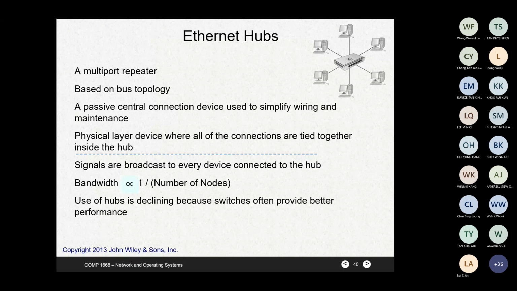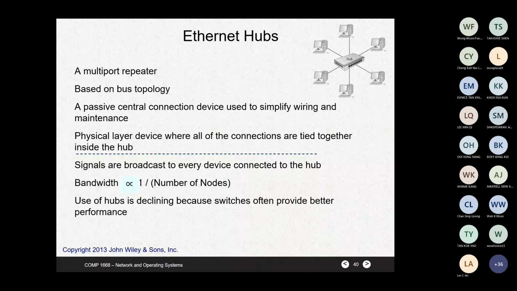where, as you all know, Ethernet hubs support multiple ports, and the repeater is kind of built in inside the hubs. So you see now the hub has taken over the repeater's function, and the hub also comes with multiple ports. And the repeater generally works on hubs based on bus technology or bus topology. So it is quite an old topology as well, like what I mentioned earlier.